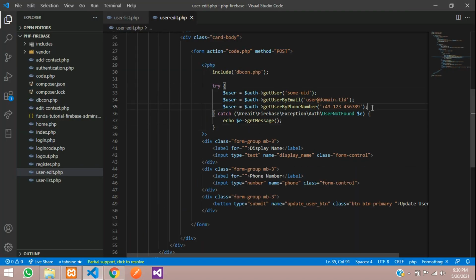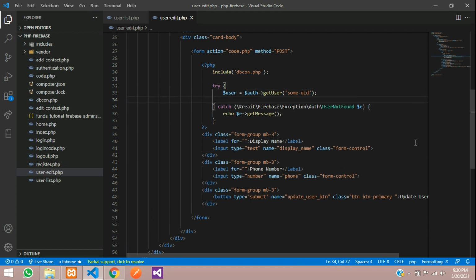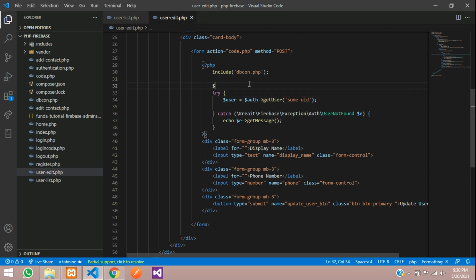Now we don't require this many details, we will use only the user id. What is that user id? We are getting it from the URL parameter. So let's say uid is equal to $_GET of id, as simple.